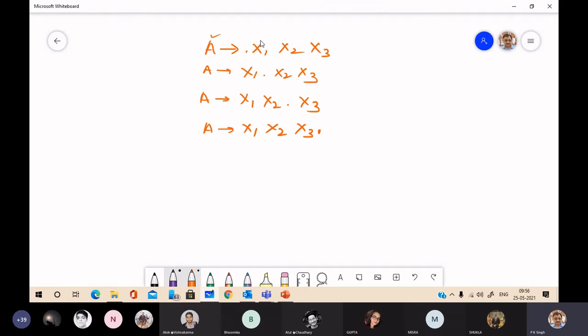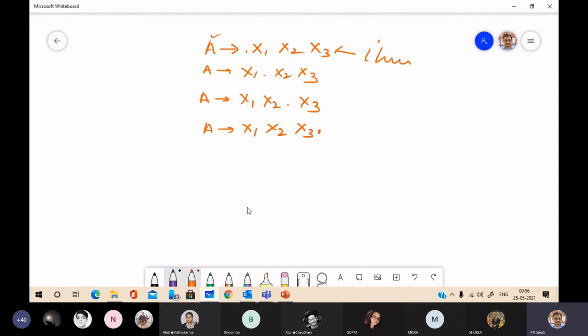And what actions should be taken at a particular state, that you have to decide. So first we find these, and for this production we have four different items. For one production, here we have four items.